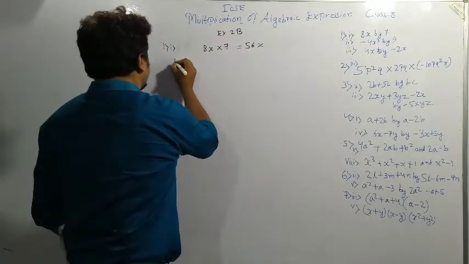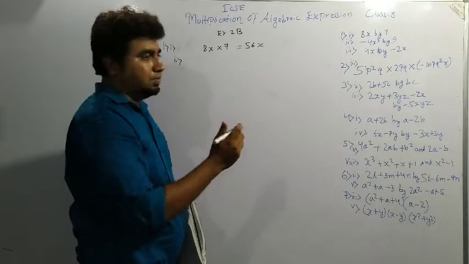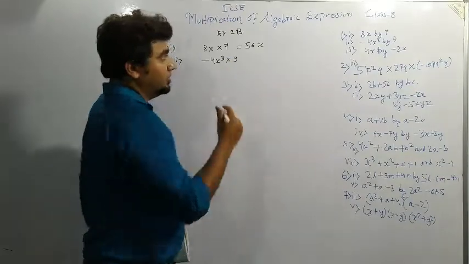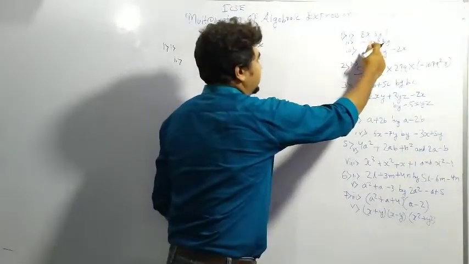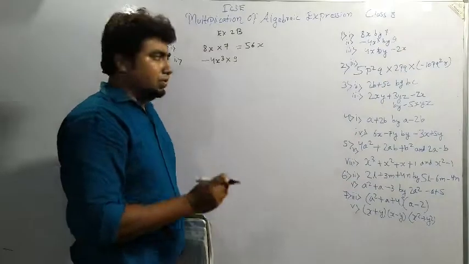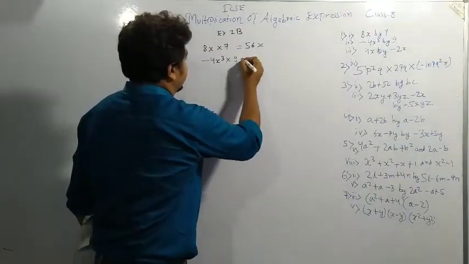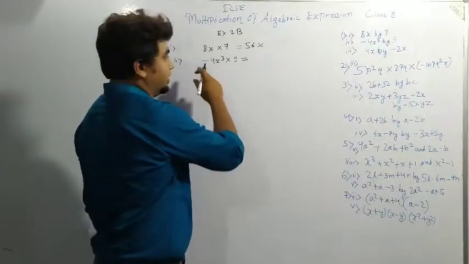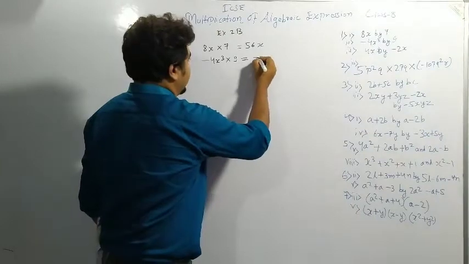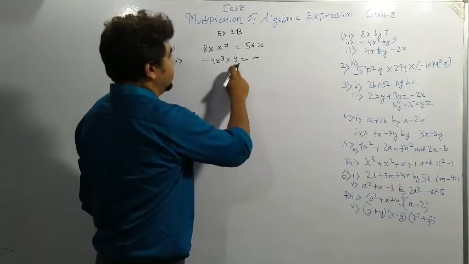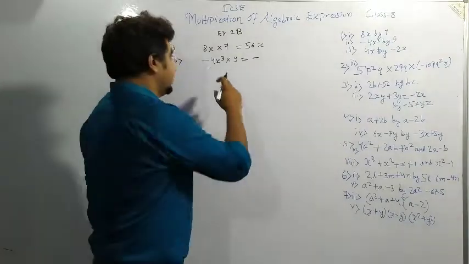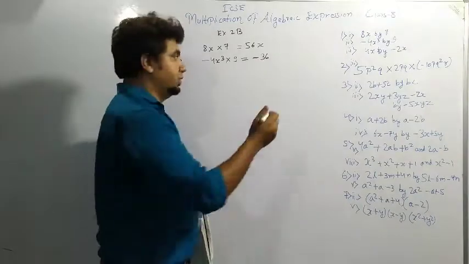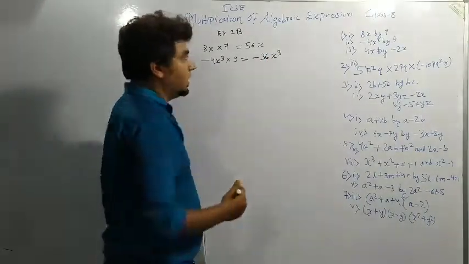The second one which I am solving is minus 4x cube into 9. That means we have to multiply minus 4x cube by 9. So 4x cube into 9. We are able to see only one minus sign is there, which means odd. So we will be writing here directly the minus sign. 4 into 9, then we have to write the constant. 4 into 9 is 36. What is left here? x cube. So I will be writing here x cube. So this is the answer.